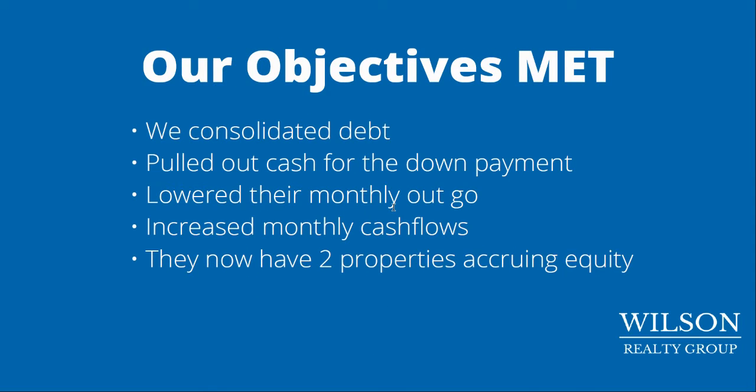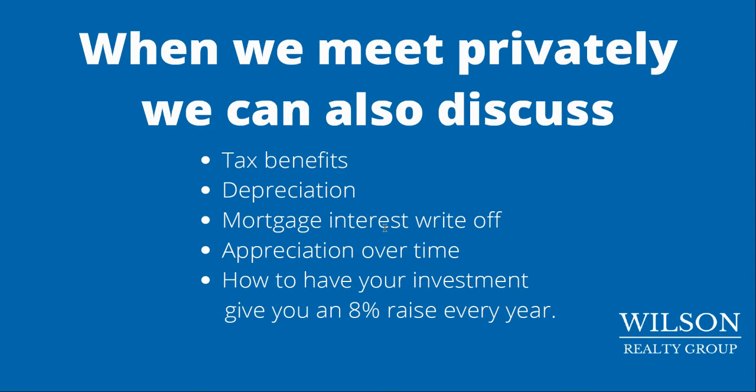But we met our objectives, and we consolidated their debt, pulled cash out for the down payment, lowered their monthly outgoes, and increased their monthly cash flows. And now they have 2 properties accruing equity at the same time, which in California, we picked up 19.2% appreciation this in 2021. So 2022, we're expecting anywhere from 7 to 10% appreciation. So when we just meet with your realtor to discuss the benefits of owning an investment property, we can also discuss tax benefits,